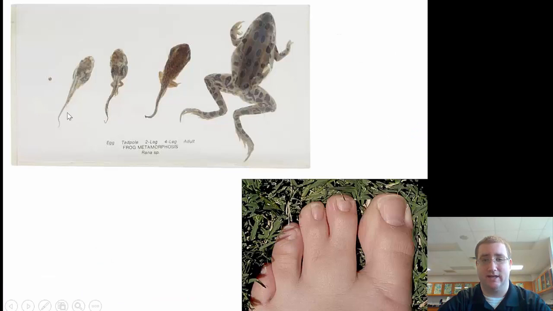We have the development of a tadpole into the frog, and obviously quite a few cells have died because there's a tail here, but there's no tail in the actual frog, so all of the cells in the tail had to die. And you can see here in this foot at the bottom right that clearly apoptosis did not work correctly because all of the cells in between these two toes did not die like they were supposed to.